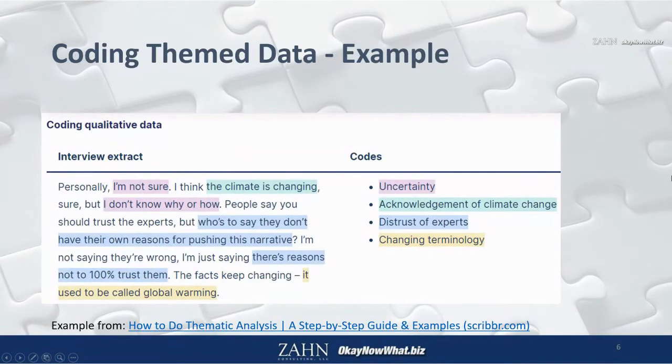And I gave you an example here just so you can see how you could code the text box or the recorded interview if you were to ask a question and have somebody respond in a more free-form, free-flowing fashion. So here we color code the specific themes that come out of a response.